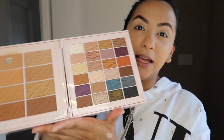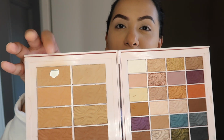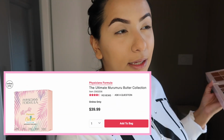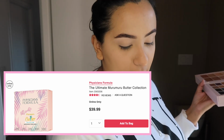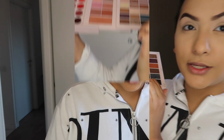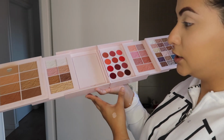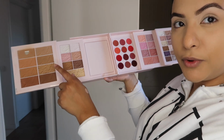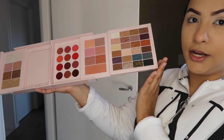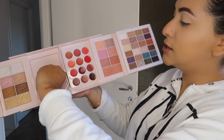So as you can tell, I've been loving this butter bronzer, which is a big hype in the makeup community, and I had always wanted to get it and I never did, and then finally I was like, you know what, let's get this because it has everything. So I'm gonna open this up for you guys and you're gonna see. So here's the butter bronzers. We have highlighters, lip creams, blushes, and an eyeshadow palette, and then this